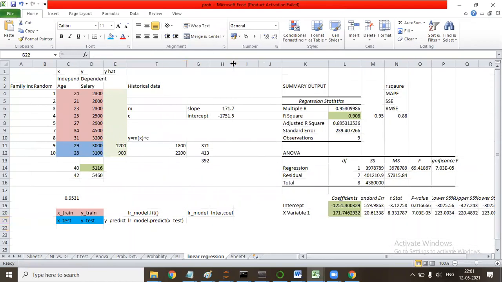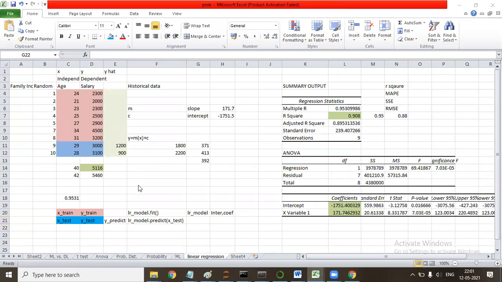When I say Y predict, I use this X test to get the value of Y predicted, so that I can match Y predicted with Y test to see what the accuracy is.